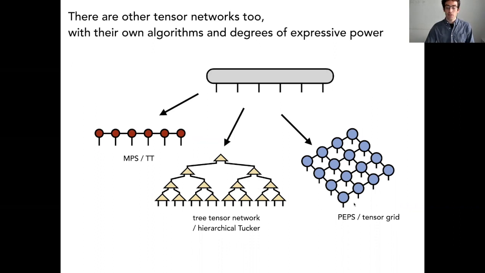And this has been discovered in different contexts called hierarchical Tucker or tree tensor network. And then there's also a 2D analog of an MPS called a PEPS, which is not a great name, but it's just the name that caught on. Another name would be tensor grid network or tensor network state. There's different names for that one. This is the one that has a lot of algorithm research going on into it currently, and there's been a lot of developments even in the last year.